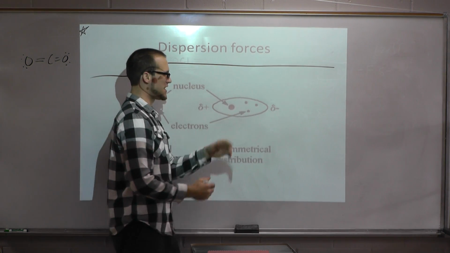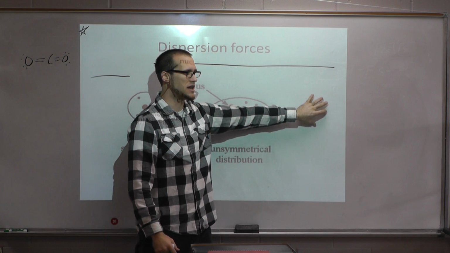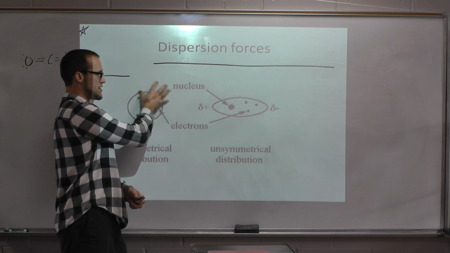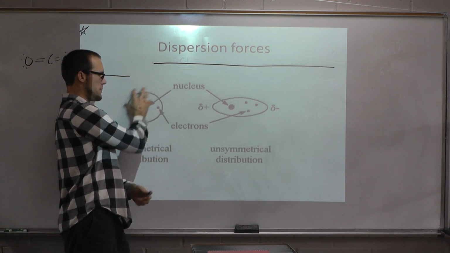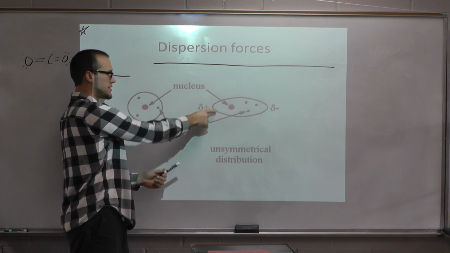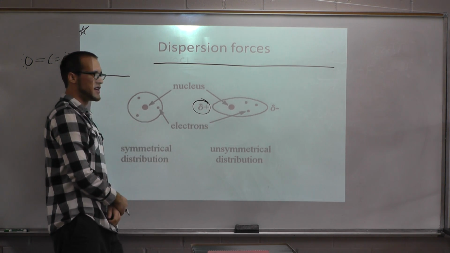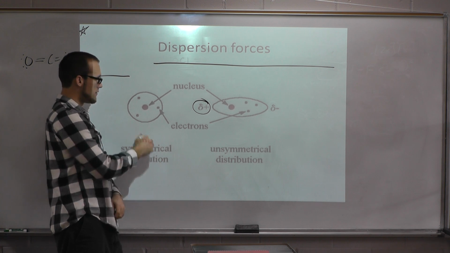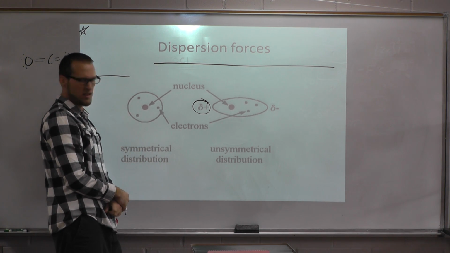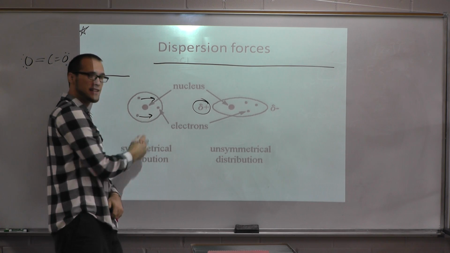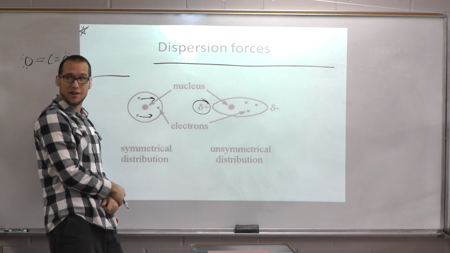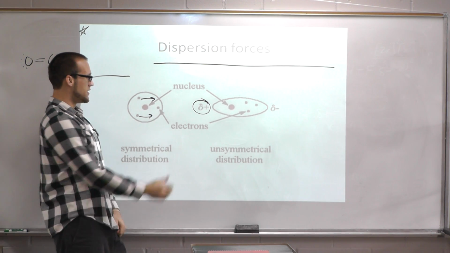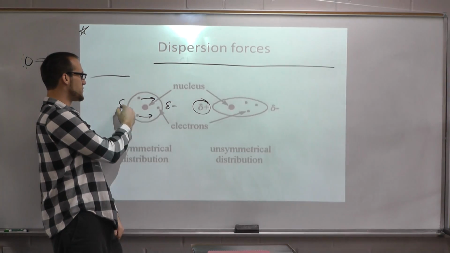Does this make sense? If I had another molecule here, actually let's just start here. Technically, let's say these are perfectly uniform. If this comes near this positive charge here, what are these electrons going to do? Move away from the positive. They're going to move this way, aren't they? At least a little bit. Well, what's that going to create? Attraction. It's going to create polarity. This is going to start becoming negative, and this is going to start becoming positive.